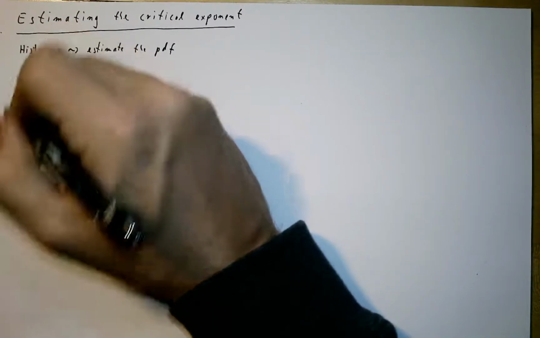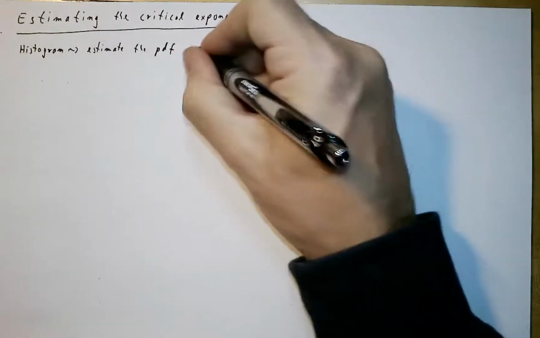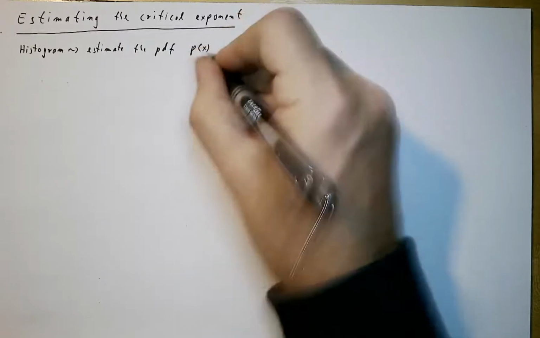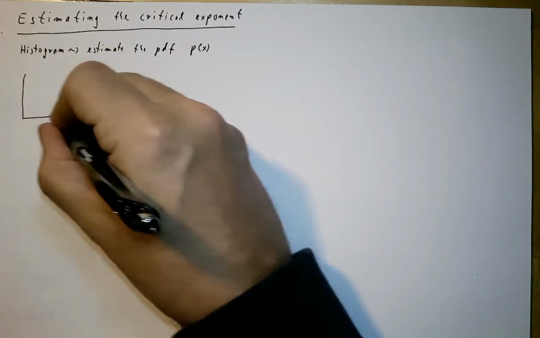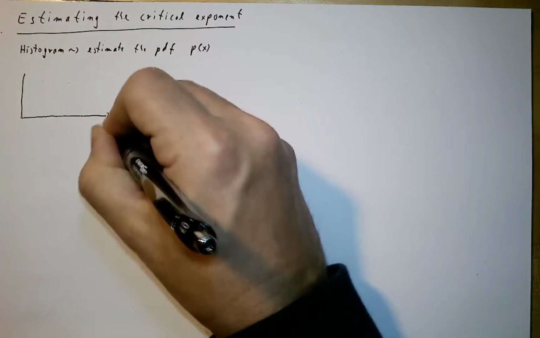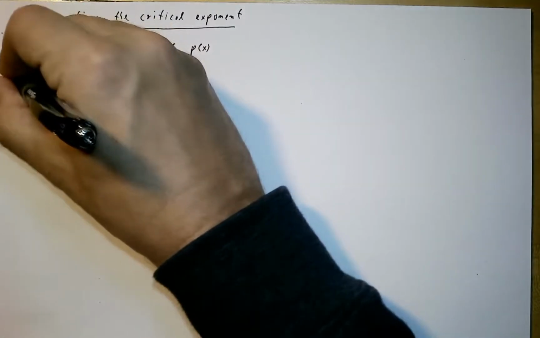When people just make a histogram of the x values, let's say x is the random variable again, and you plot your histogram with normal values of x,